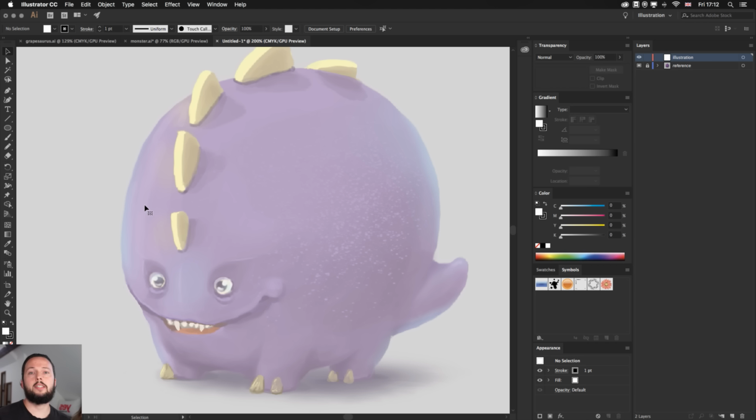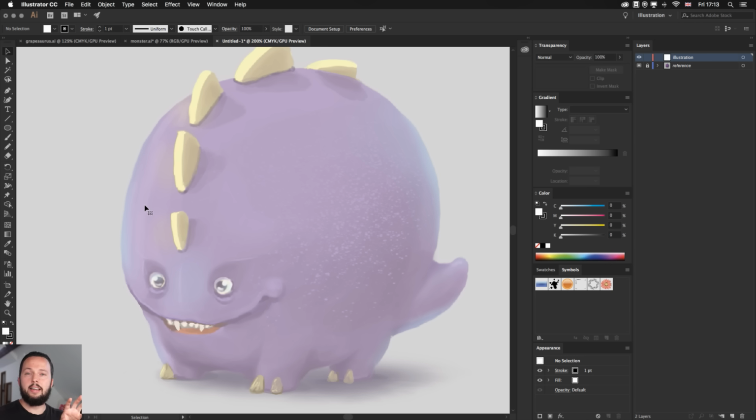Most characters created from round shapes are very cute and cuddly most of the time, while if you use more triangular shapes and sharp edges, that usually means it's a bit more aggressive, or it can feel a bit more intimidating.